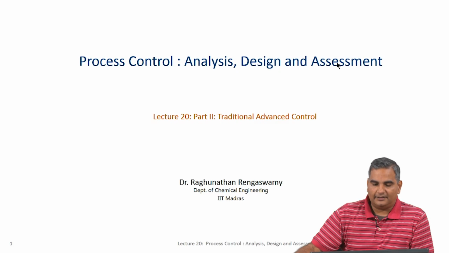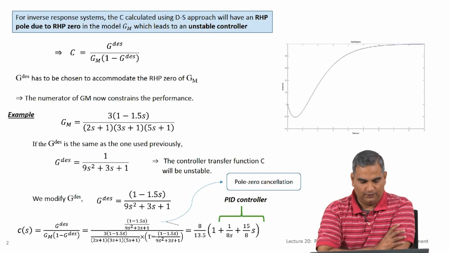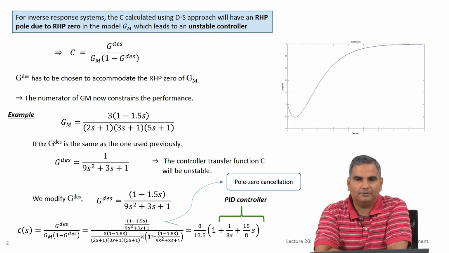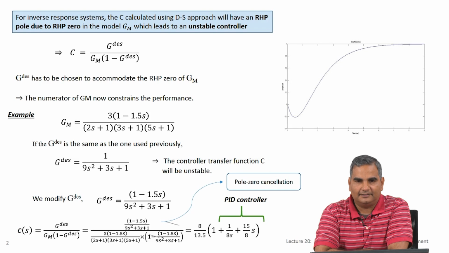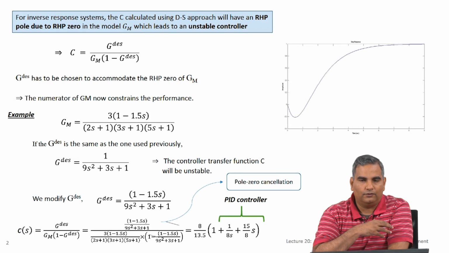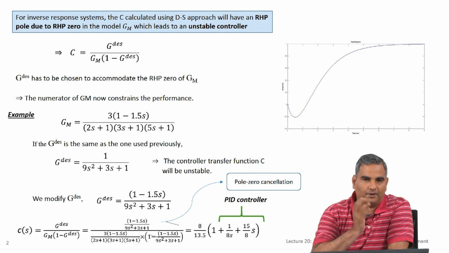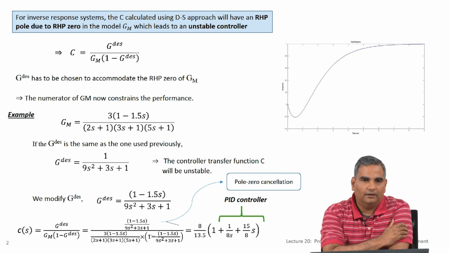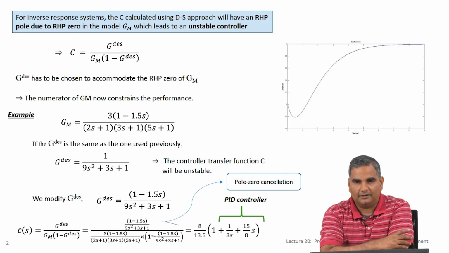Now, let us understand how this is done mathematically, but before we do that, let us think about the bike example that I talked about in the last lecture. Say, look, if you already knew that if you turn the steering right, the bike is going to turn left for a short bit of time, this is a problem that you have to somehow handle. You still have to turn right. You also know that though it turns left for a short bit of time, it will ultimately turn right.